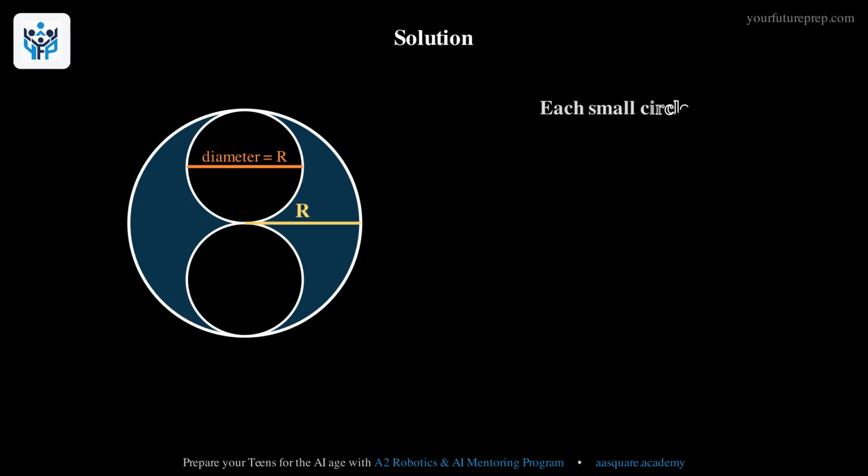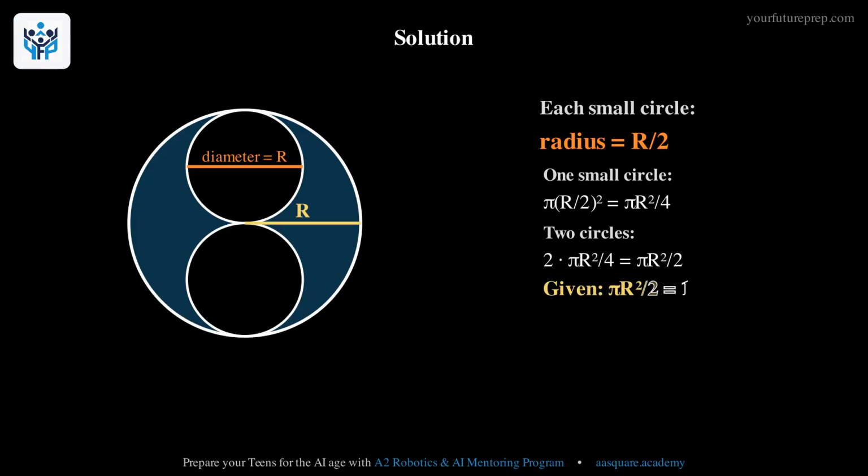Since a full diameter of each small circle is capital R, the small circle's radius is half of that. So each small circle has radius R over 2. Now the area of one small circle is pi times R over 2 squared, which is pi R squared over 4. There are two of them, so together they make 2 times pi R squared over 4, which is pi